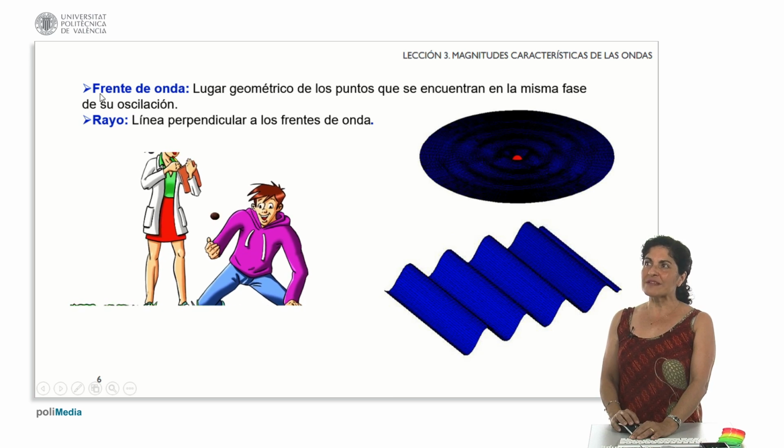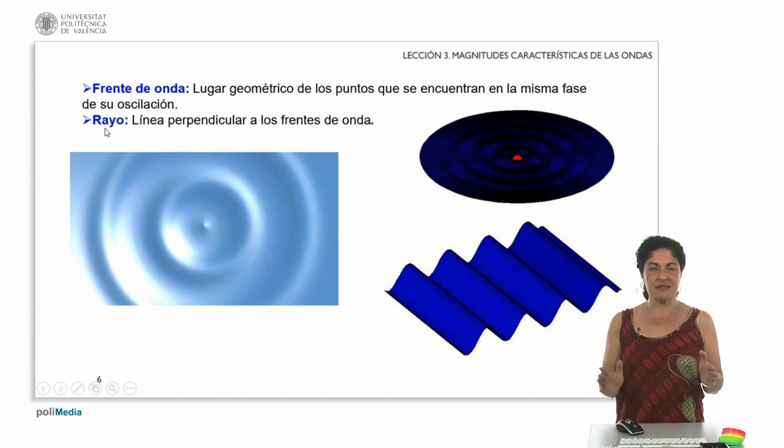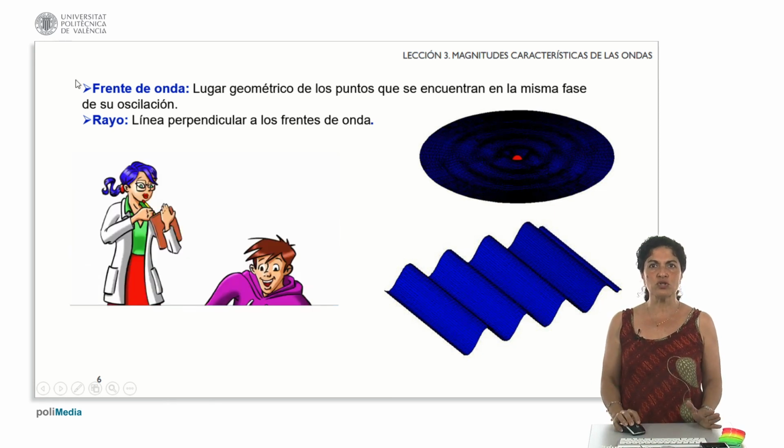Let's start by defining what the wavefront associated with wave motion is. Well, the wavefront is defined as the geometric locus of points that are in the same phase of their oscillation. And the rays would be lines perpendicular to the wavefronts. For example,